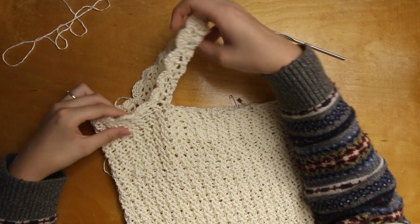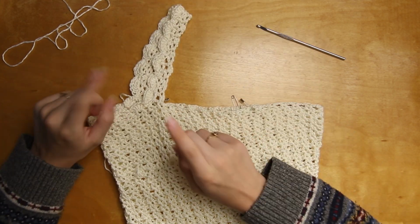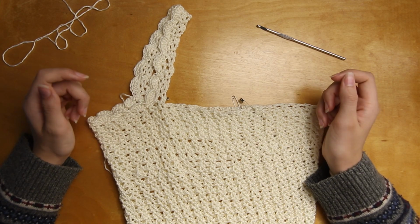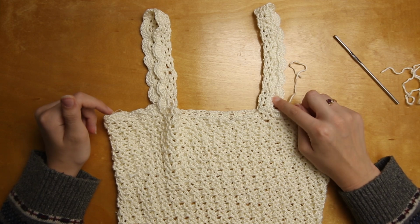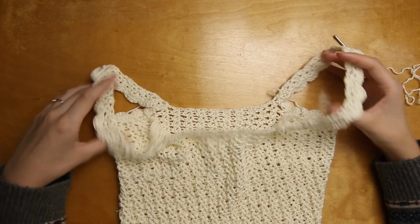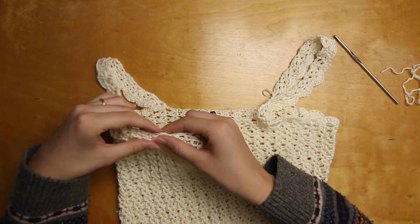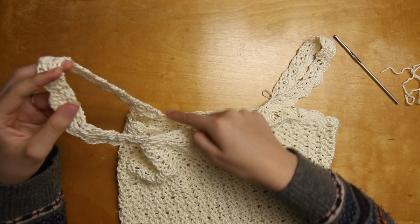So now you've finished up with 50% of one of the straps. You're going to repeat this exact process on this side, and I'll meet you there once I've finished. So I've just completed the second strap and outside edging of the top, and now all that's left to do is join your yarn, and you're going to work the scallop stitch as we've been doing along the front, strap,